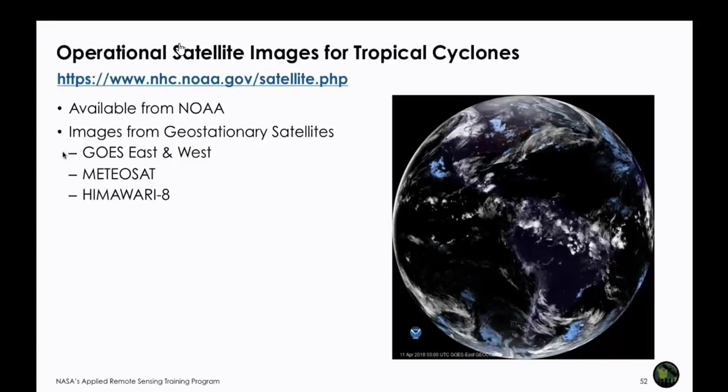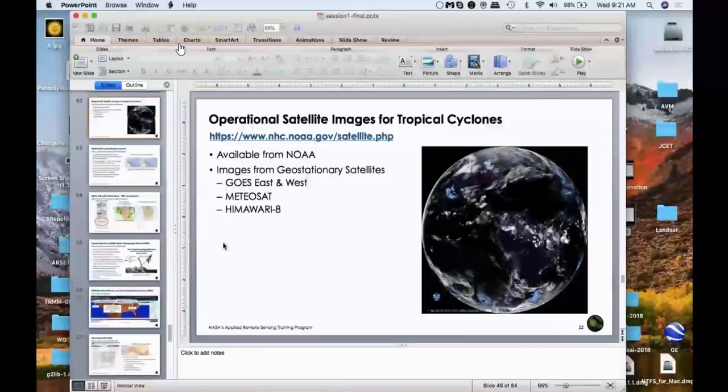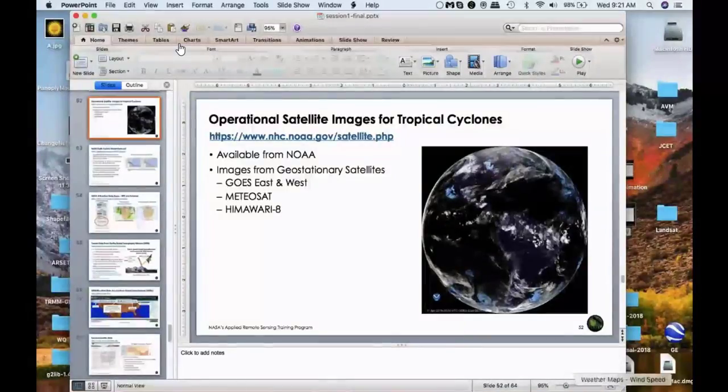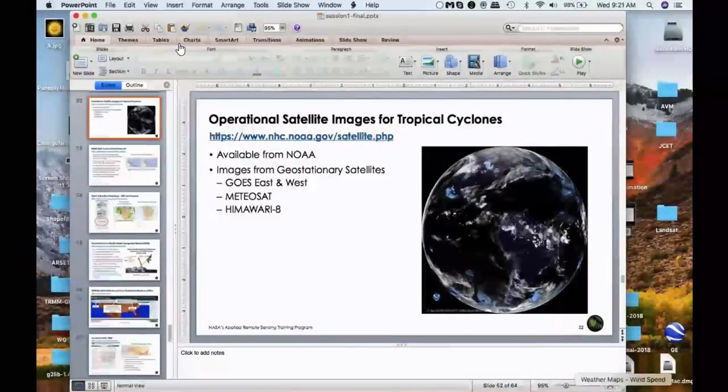There are multiple series of satellites that have been launched over the years. And then Meteosat covers Asia as well as part of the Indian Ocean and part of the east coast of Africa. Himawari is a Japanese satellite that covers the Pacific Ocean. So for continuous or near real-time coverage of a storm, one can see